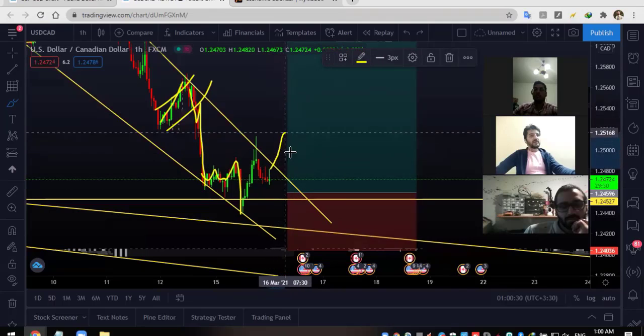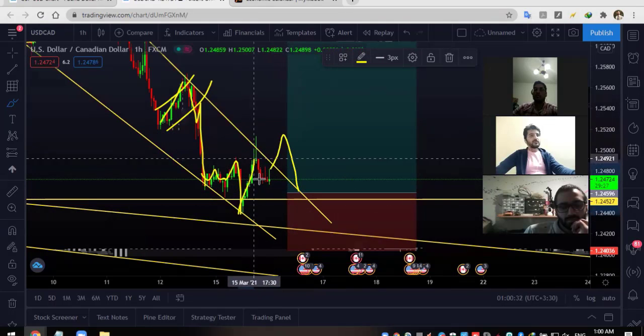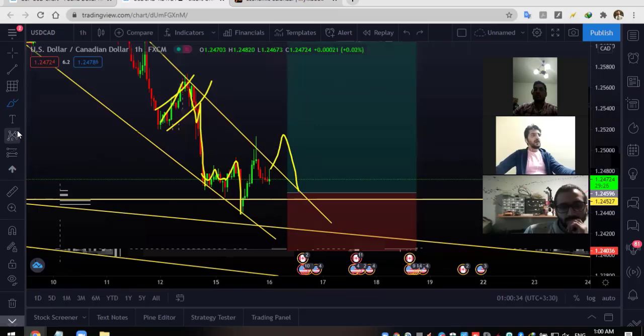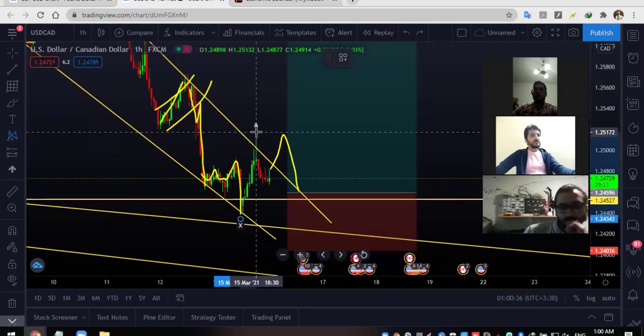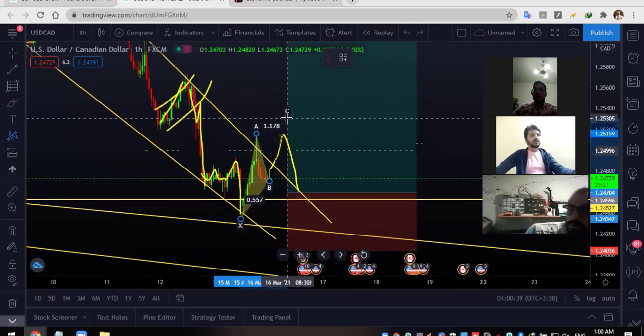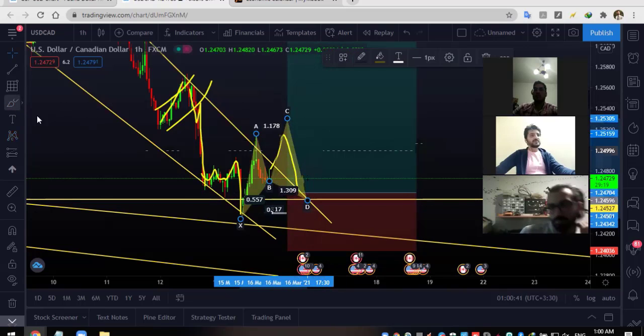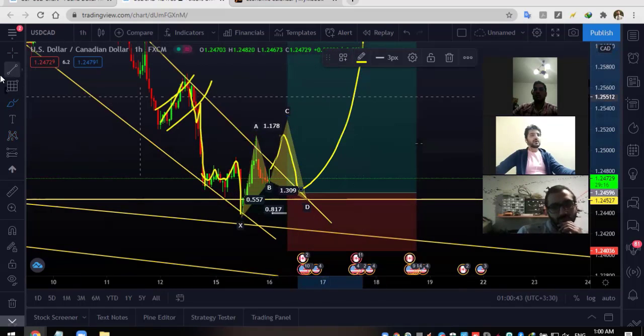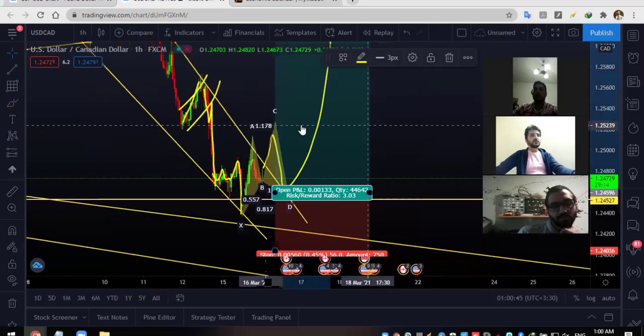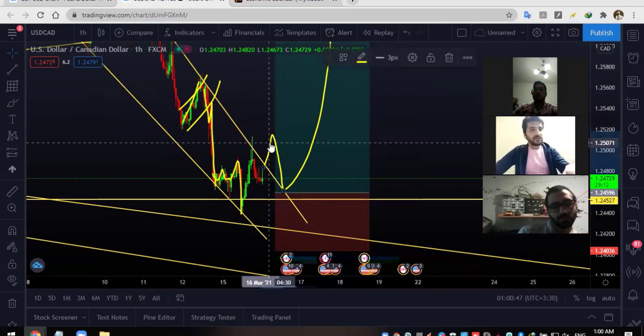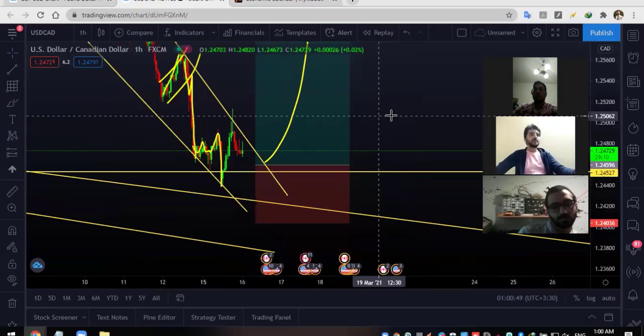I think it is going to break here, go for a retest, and because of this cipher pattern, it may be something like this exactly. It could be something like that, and after that maybe it starts a bullish movement, maybe for a good buy. But if the price couldn't go down, and maybe because of some news here,